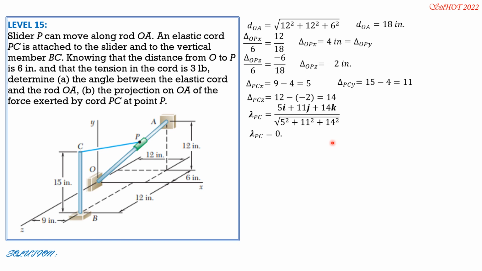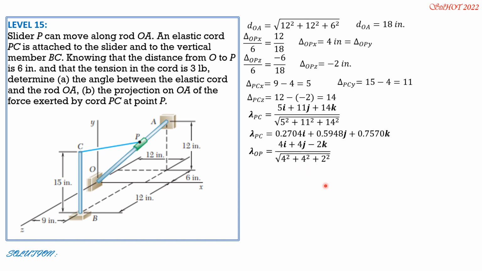So simplifying, lambda of PC is 0.2704I, 0.5948J, 0.7570K. Then lambda of OP is 4I plus 4J minus 2K over square root of 4 squared plus 4 squared